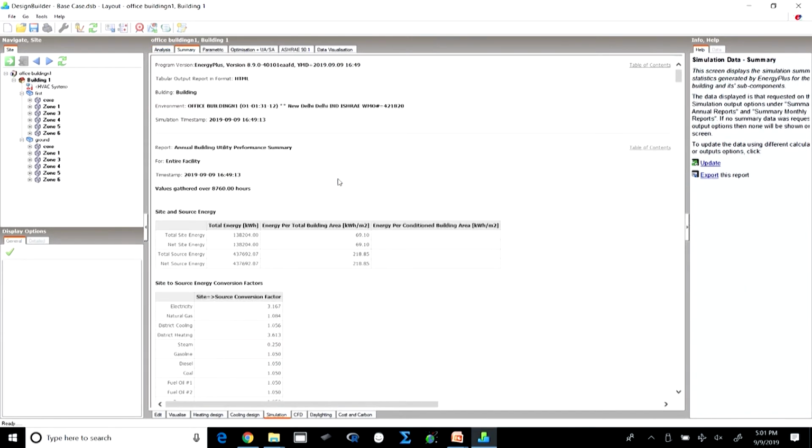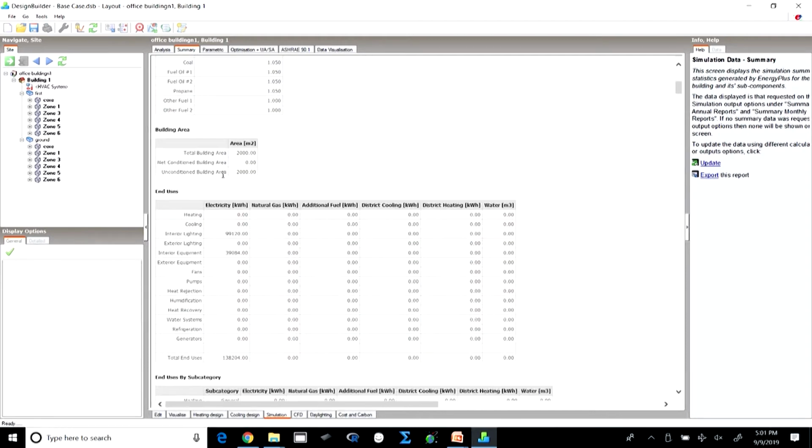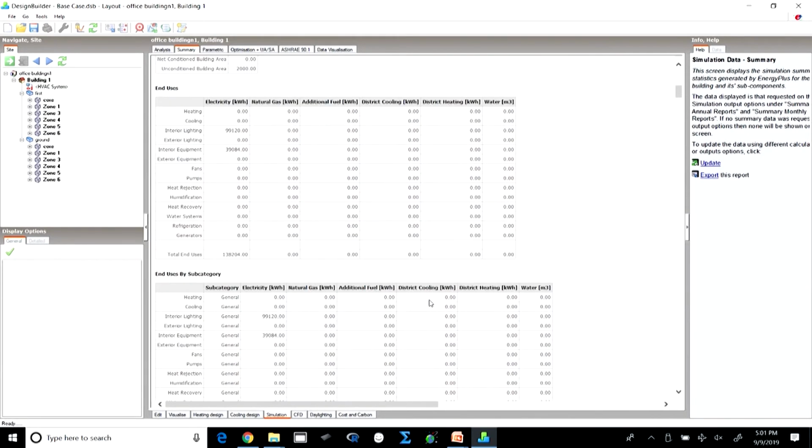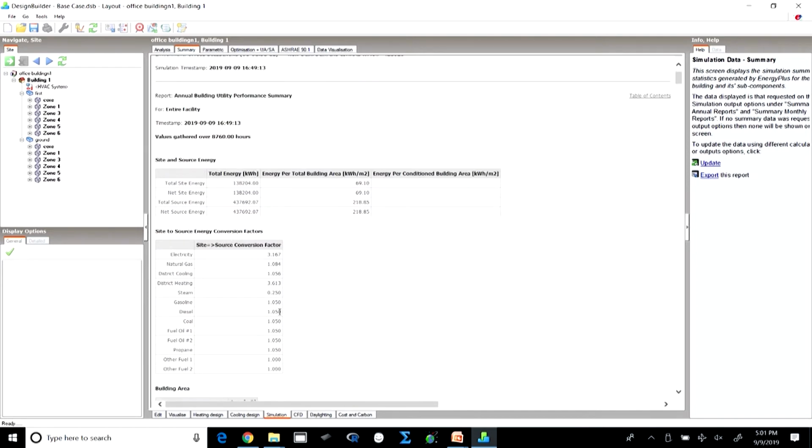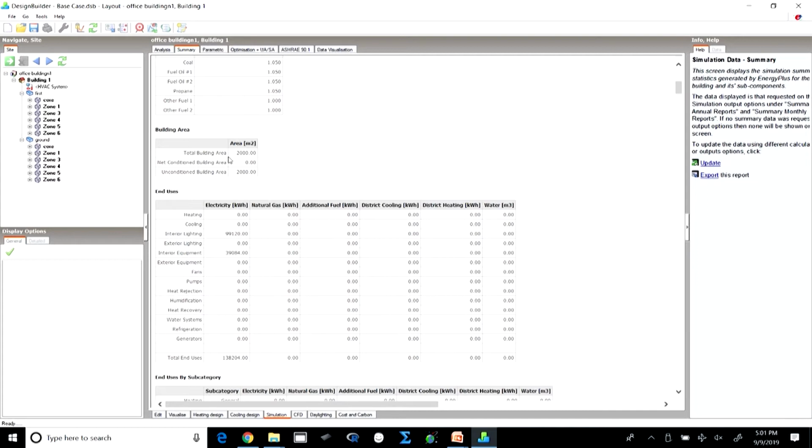If we go to this tab which is called summary, this is the kind of report which is generated. Here we can see what are the different loads which are taken. It will give you the summary of the total site energy which is consumed, the total source energy which is coming in, the total building area, and the unconditioned building area. Here we see that the total building area is 2000 square meters, which is what we had taken right from the beginning, and it shows the unconditioned building area as 2000,